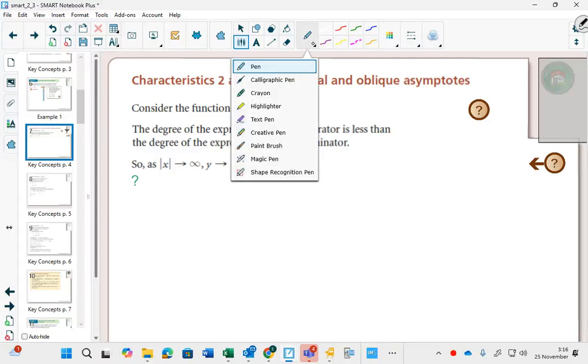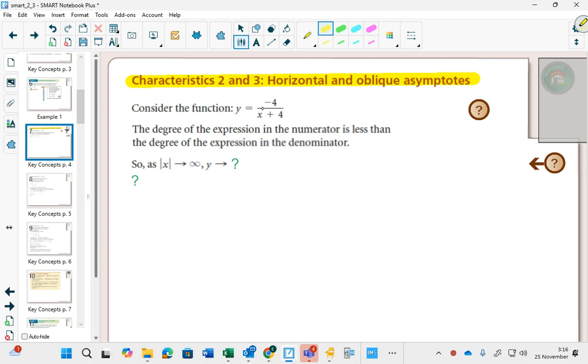All right, characteristic 2, take another highlighter: horizontal and oblique asymptotes. And this is all based on which group it's in. Is the degree the same? Is the degree bigger in your numerator? Is the degree bigger in your denominator? In this one,